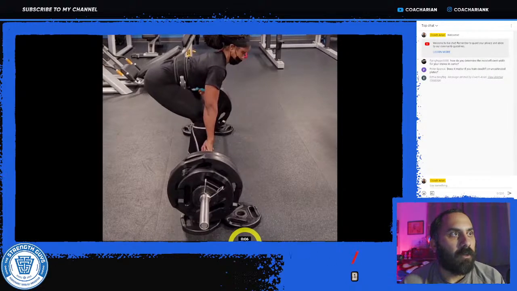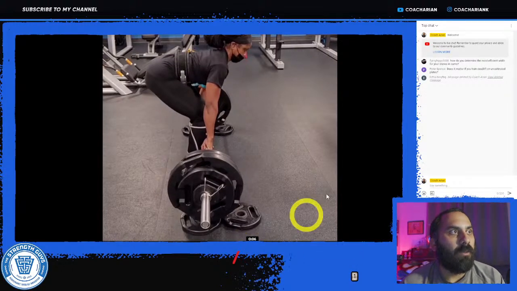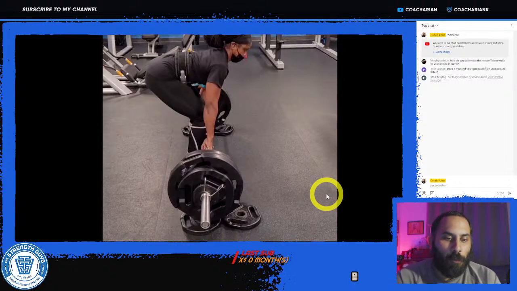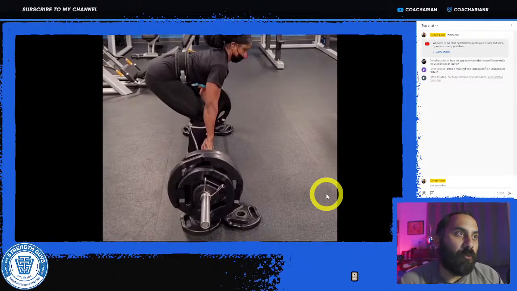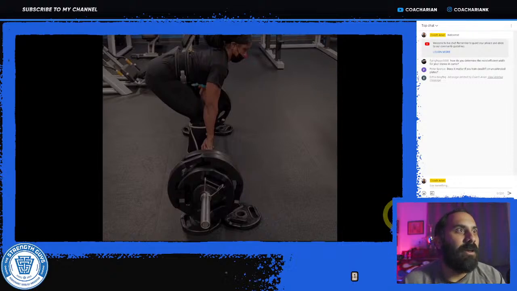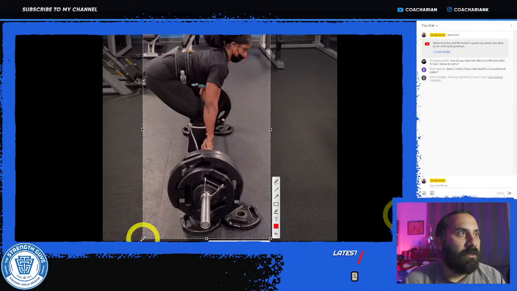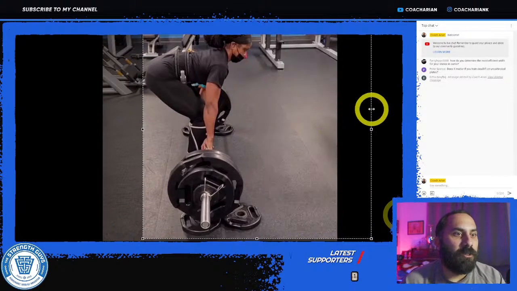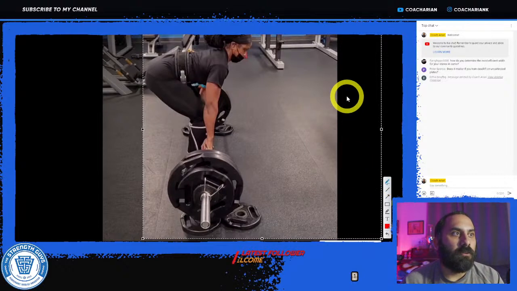Right there, you can see the hips kind of go up, shoulders come forward, back rounds a little bit, and then the bar breaks. But I just wanted to kind of go over this starting position right here. A lot of people are afraid of this starting position. Everyone thinks their hips should be super low, their torso should be super upright, they should be doing like a high bar squat, and that's just not the deadlift, especially the conventional deadlift, and it is more of a hip hinge. So let's see if I can use my great drawing skills.